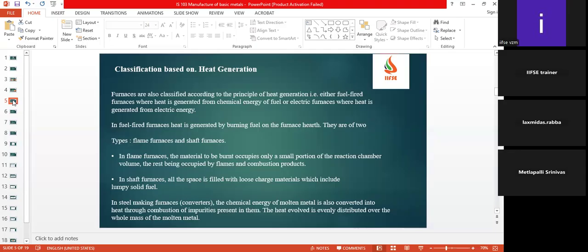In steel making furnaces, the chemical energy of molten metal is also converted into heat through the combustion of impurities present in them. Sometimes the impurities in the iron ore and metal create heat. The heat evolved is eventually distributed over the whole mass of the molten metal. Okay, what will happen due to those impurities, apart from the heat which we are